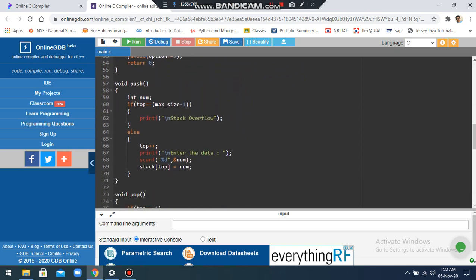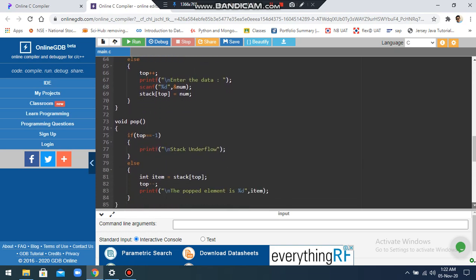So let's see this push operation now. Obviously push operation is an input operation, so we'll ask the user to enter a number. That is why I have taken a variable num over here. I'll be checking an overflow condition as we have seen. So I have taken max size as a variable over here. If top is equal to max size -1, overflow condition has to be printed. And if it is not the case, as we have studied now, we have to increment the top, ask the user to enter the data and place it onto the top of the stack.